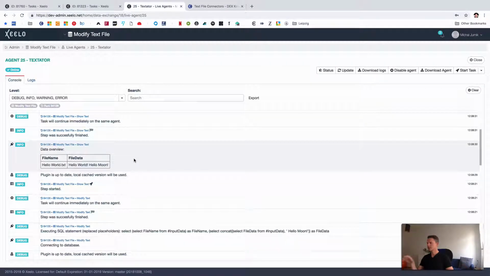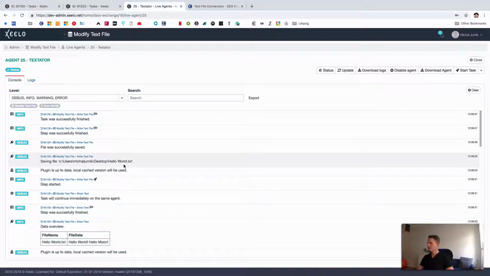And then I just wanted to show the result. So here we go, you can see it. File name is still hello world.txt, and file data was hello world with concatenation of hello moon. And finally, you can see that data exchange writes